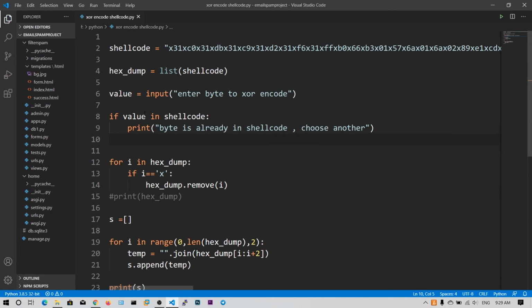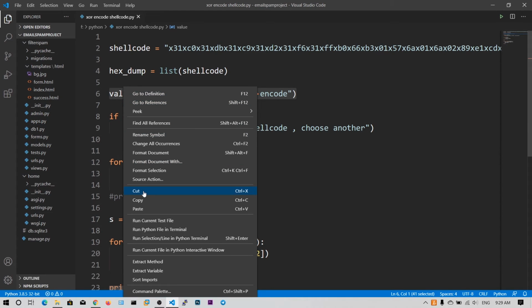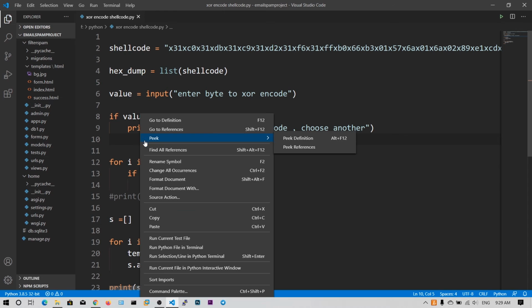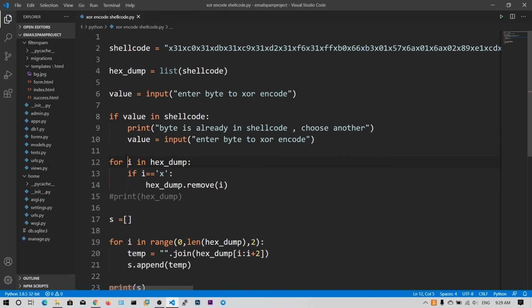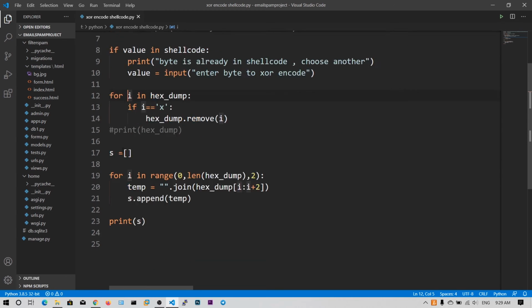We need to ask again, I mean, take the input again with a different byte. I'm going to copy this one and paste it in here. So again we ask for the user input, and that value will be stored in the value variable.